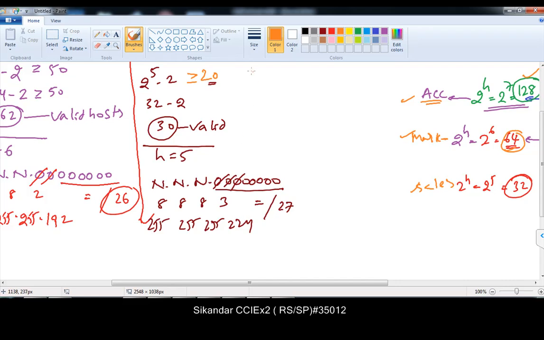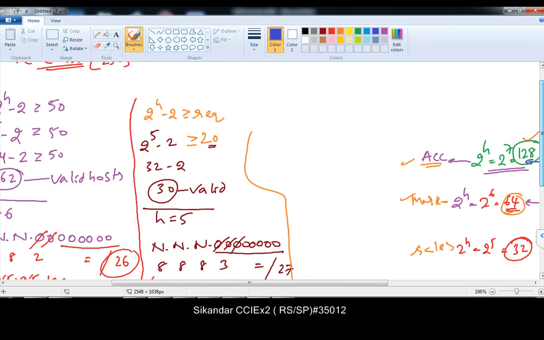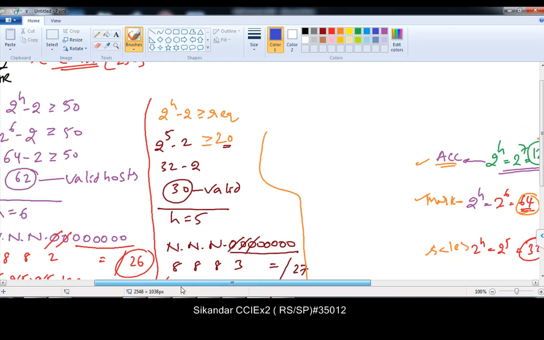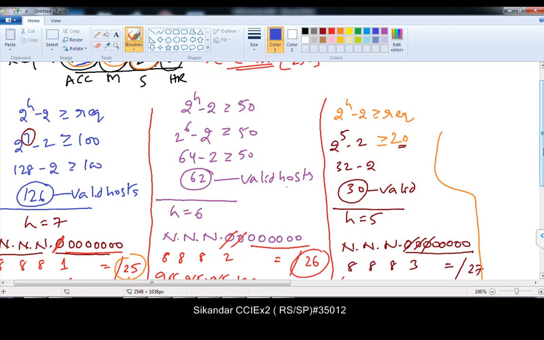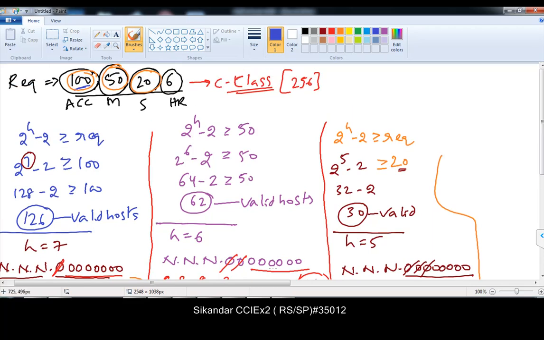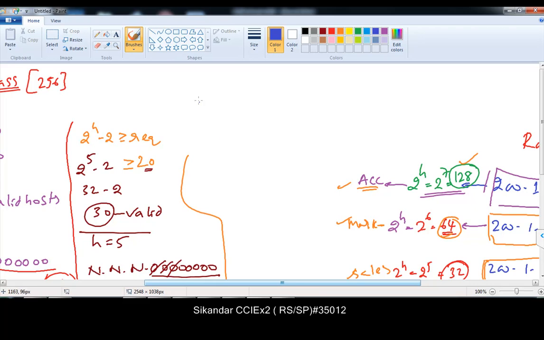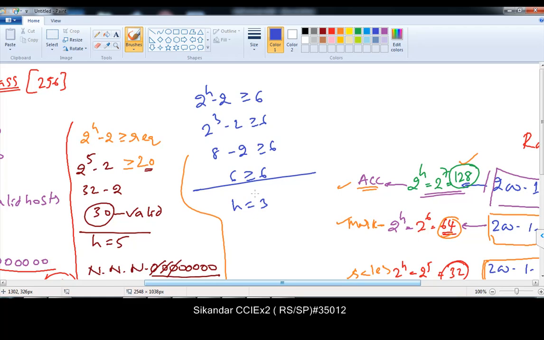So for the fourth requirement, again we need to do the same calculation. The fourth requirement is just 6 addresses. I think it's 6, right, as per our question. So I'm going to take 2 to the power of h minus 2 greater than or equal to the requirement, which is 6. 2 to the power of 3 I can take, because 2 to the power of 3 becomes 8. 8 minus 2, so 6 is greater than or equal to 6. So from here I can see host bits are 3, and